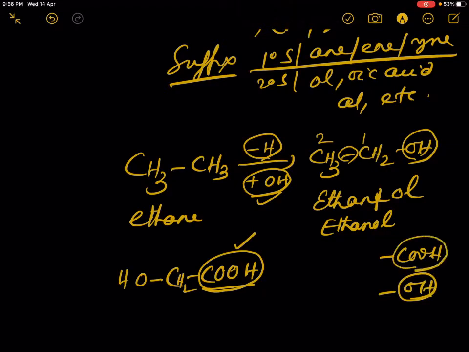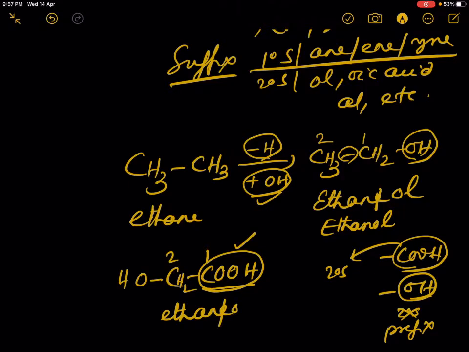So COOH is written as secondary suffix, but OH cannot be written as secondary suffix. OH will be written as a prefix. So you see there are two carbon atoms. So the root word is eth. For single bond it is ane. Then oic acid. Then for this OH,